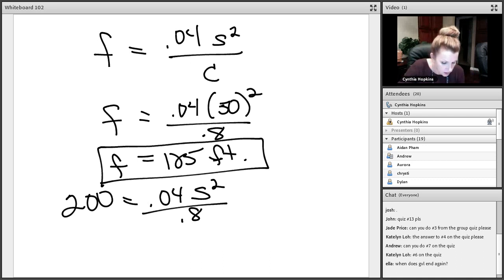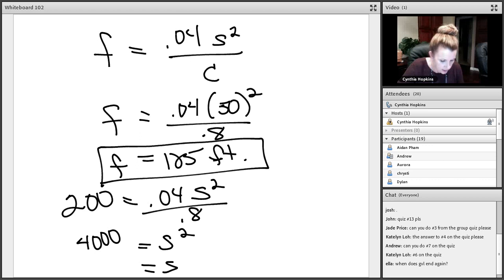And then 0.8 is our same coefficient of friction. Okay, when I solve for s squared, I get s squared equals 4,000. That 4,000 was gotten by taking 200, multiplying it by 0.8, and then dividing both sides by 0.04. All right, so when you do that, you get 4,000. So then I take the square root of both sides,